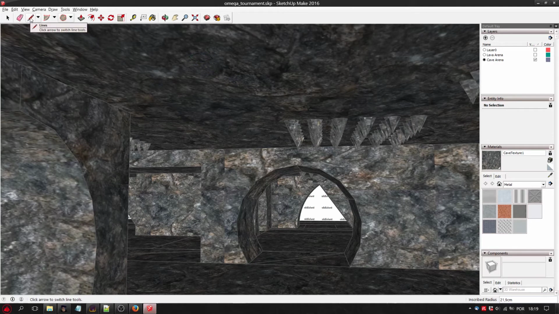Then we'll use the line option. We'll get the center of our polygon and we'll draw a line over the blue axis like this.